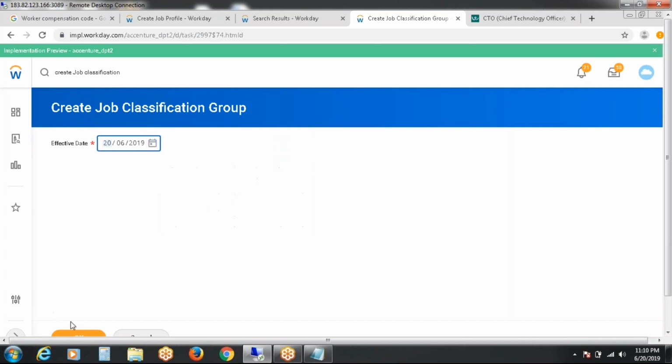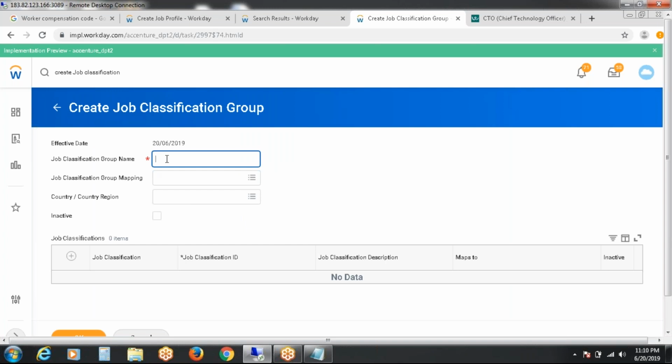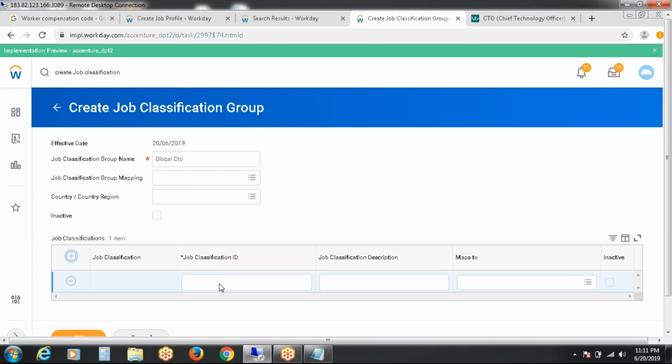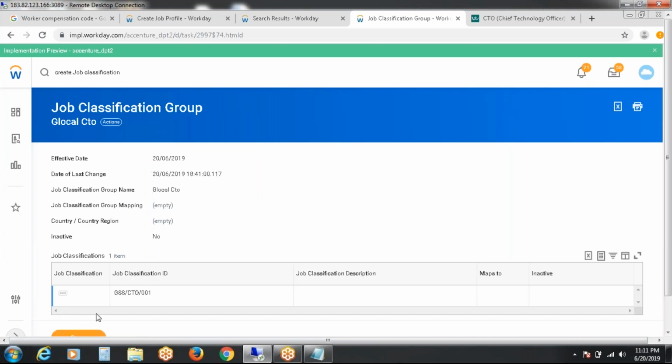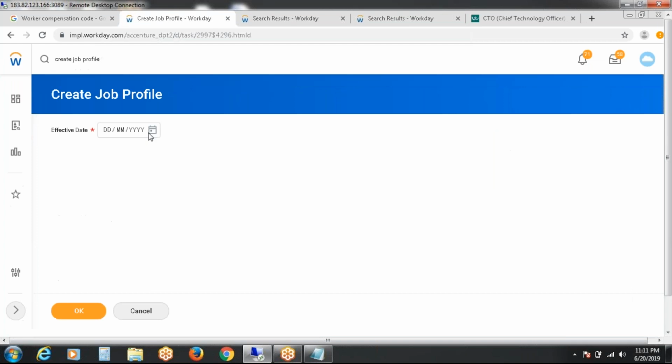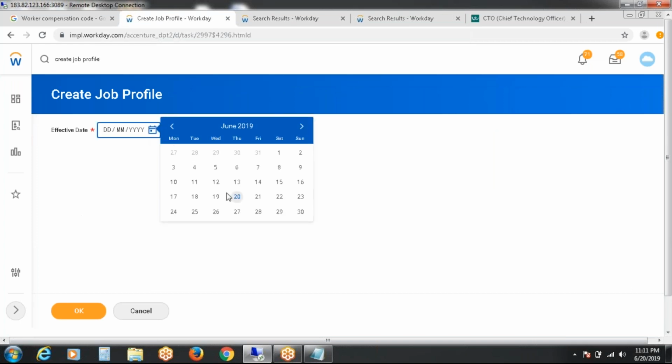The same process we need to do for job classification for Global CTO. Here also I am going to give only one position for CTO and done. The remaining, there is no need to create job family and job level.